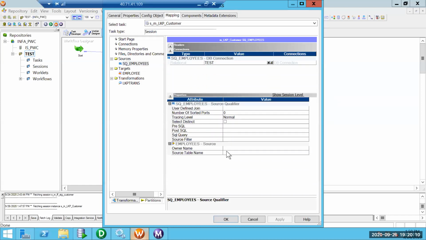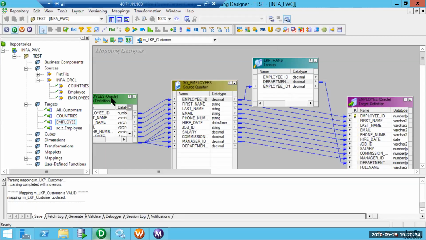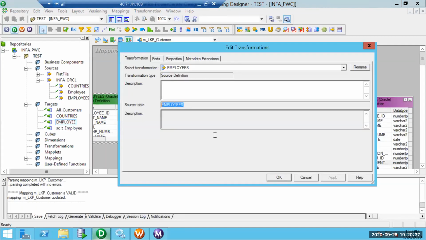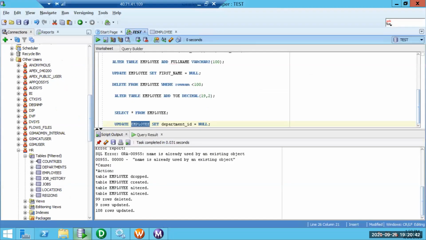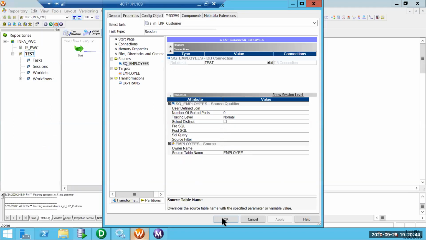This is a good example: when your definition is not the same as your table name, we can override the table name. I am using the employees definition, however I want to read the data from the employee table. If we click on the source definition, it is employees, however we want to read from employee. So this is how we can override the table name.